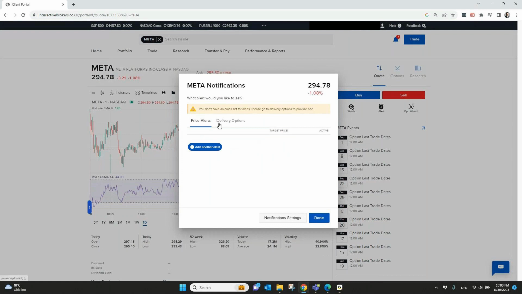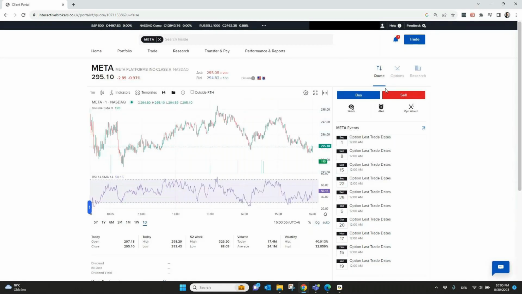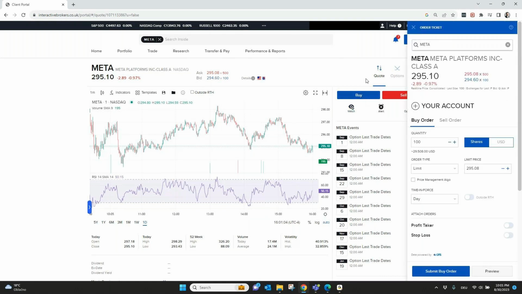Alert here, price alert. You also need to have your email alerts set. Please go to delivery options to write one. This is the first thing that you need to do. Then you can set up an alert. So I didn't even use it yet in the client portal, but to show you buy and sell, what's important here,